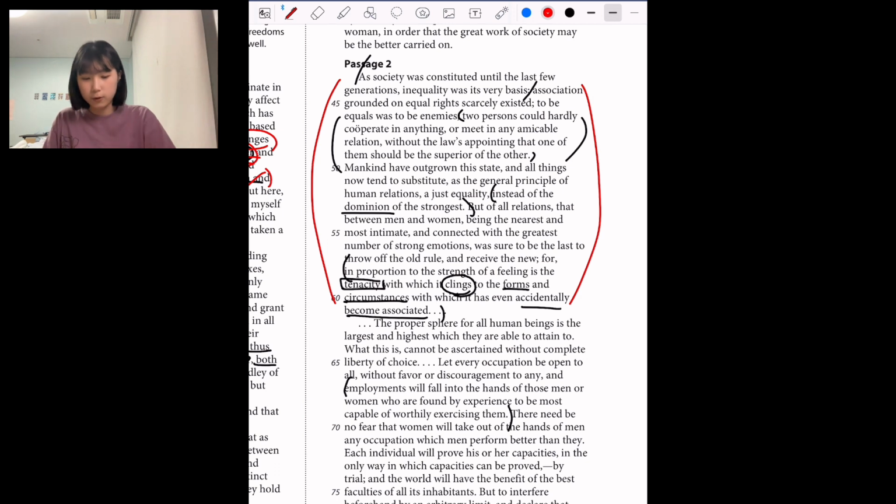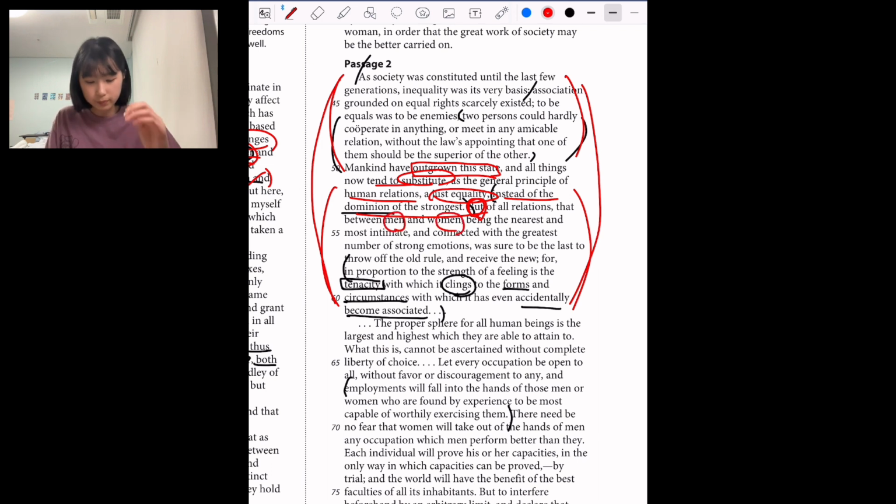It's basically saying in the first half that society was based on very unequal rights, and equality was not visible in society between any two persons. And in the second half, it's saying that mankind has outgrown this state. Here's a positive connotation that it's actually moving towards equality. And all things now tend to substitute the general principle of human relations, a just equality, instead of the dominion of the strongest. But of all relations, that between man and woman, being the nearest and most intimate, and connected